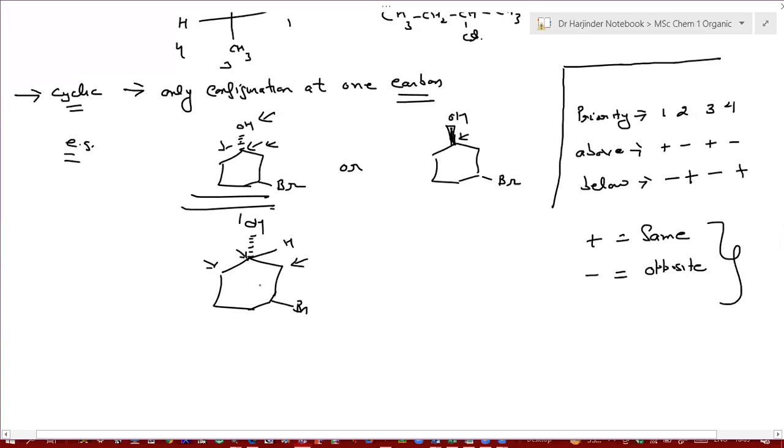The side where Br is attached directly gets it. Why so? Because this is CH2, CH2. They are the same, so we have to compare the next atoms. The next atom here is carbon, carbon, and for the next atoms, 2 hydrogens, and here you have 1 bromine and 1 hydrogen. So this will get higher priority. And third will of course be this one, and fourth will be this one. So when you look from 1, 2 to 3, it is moving clockwise.